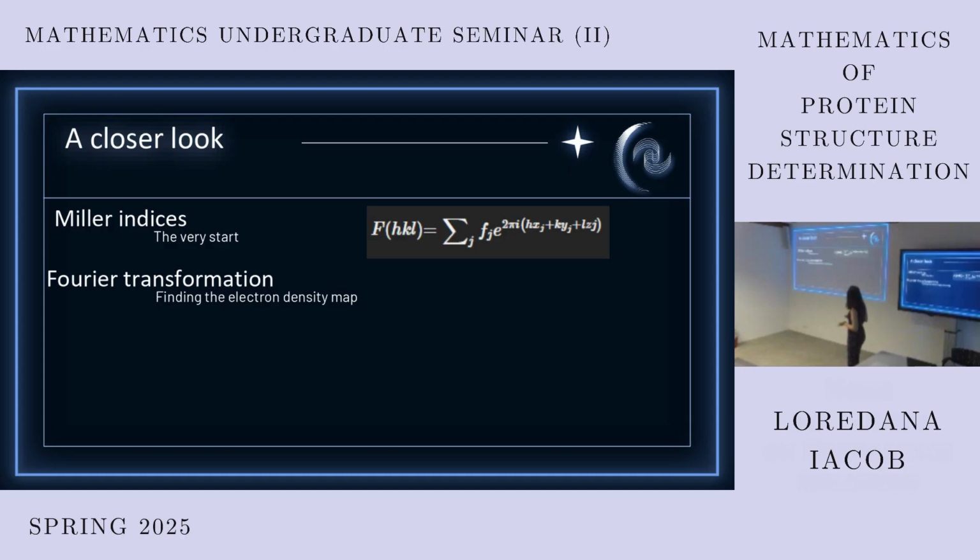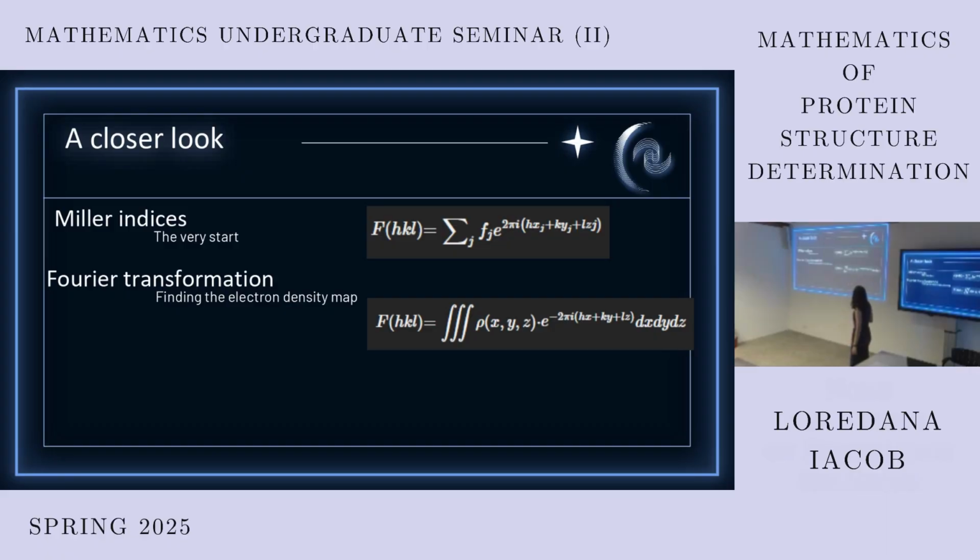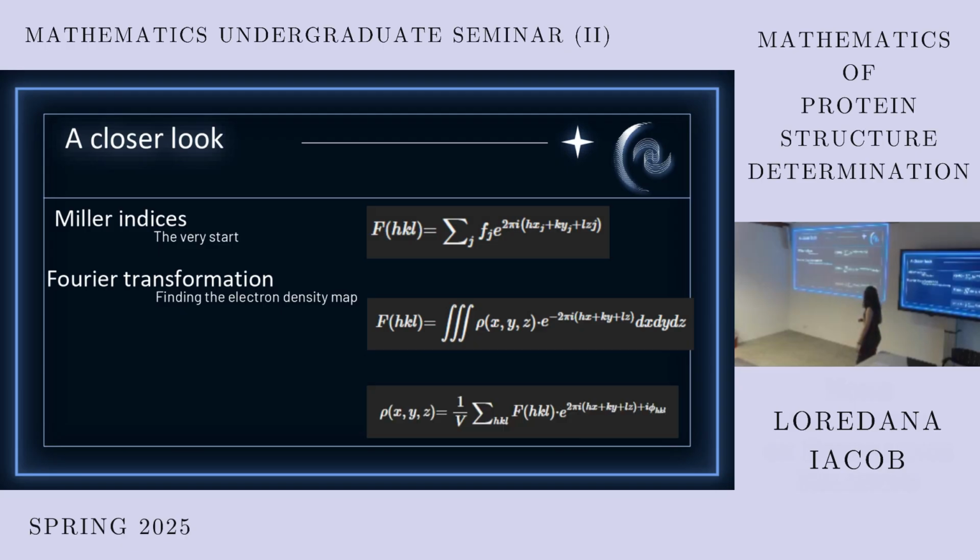This formula can also be written this way, where this is the electron density map, and doing then an inverse transformation, we get the electron density map: one over the volume of the unit cell times this sum. But in this sum, we have this term, i times theta HKL, and we don't know this. This is the phase of the wave